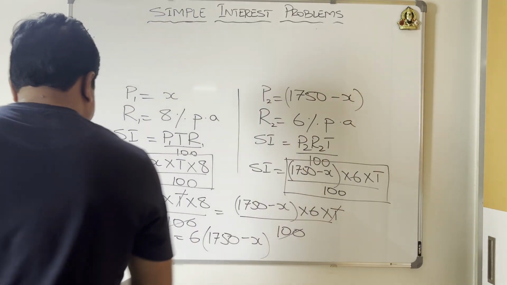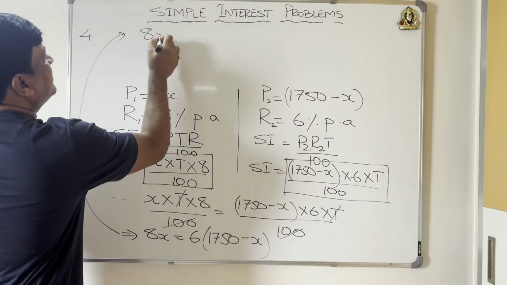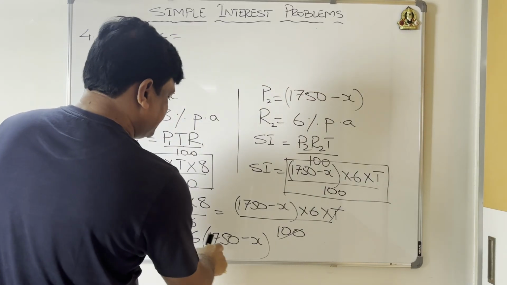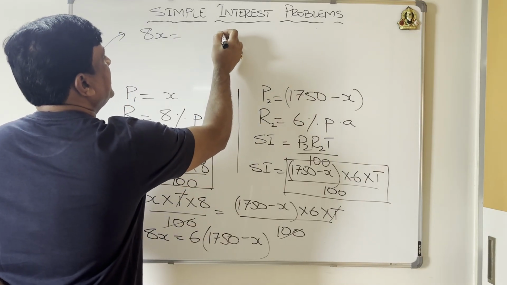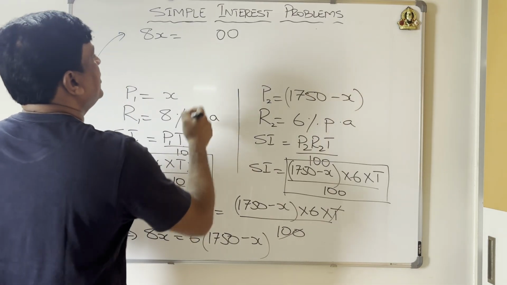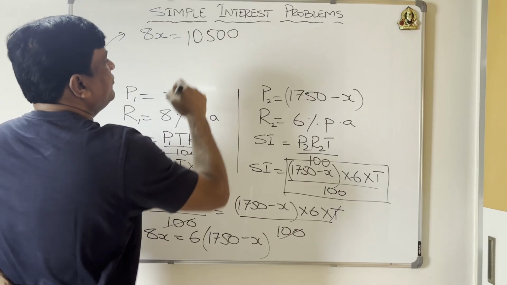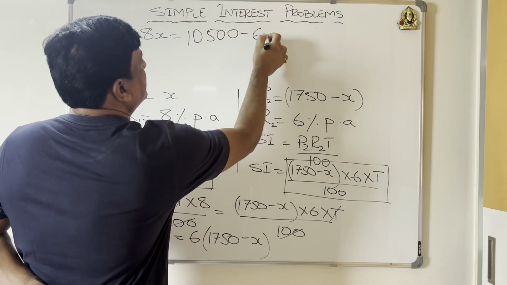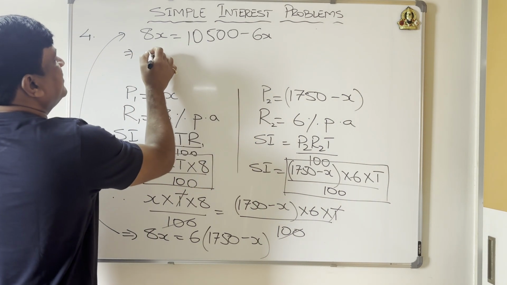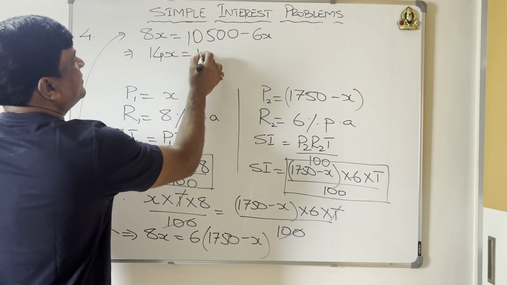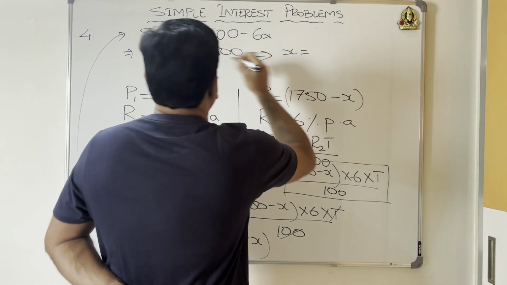Okay, so what did you get from here? If I take this equation, I get 8x is equal to 6 times 1750. Let me multiply that. 6 times 0 is 0, 6 fives are 30, 0, 3, 6 sevens are 42, 45, 4, 6 ones are 6, plus 4 is 10. So 10,500 minus 6x. Which is equal to, what do you get? 8x plus 6x becomes 14x is equal to 10,500. So this implies x is equal to